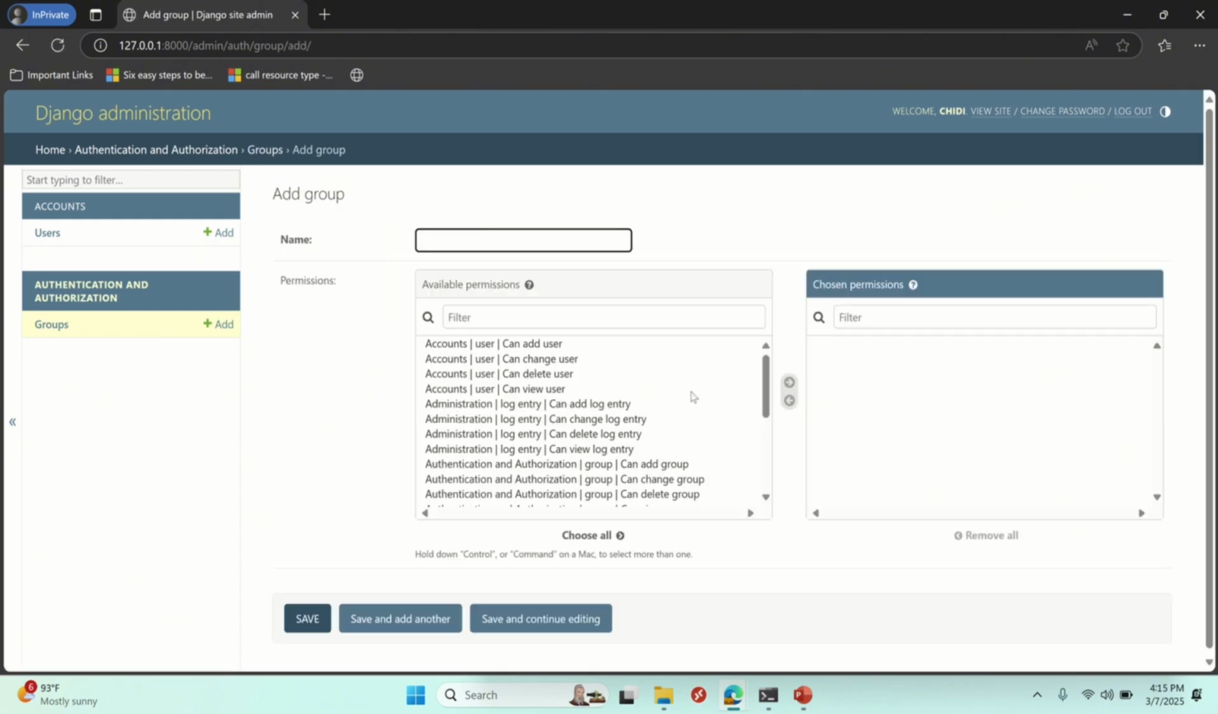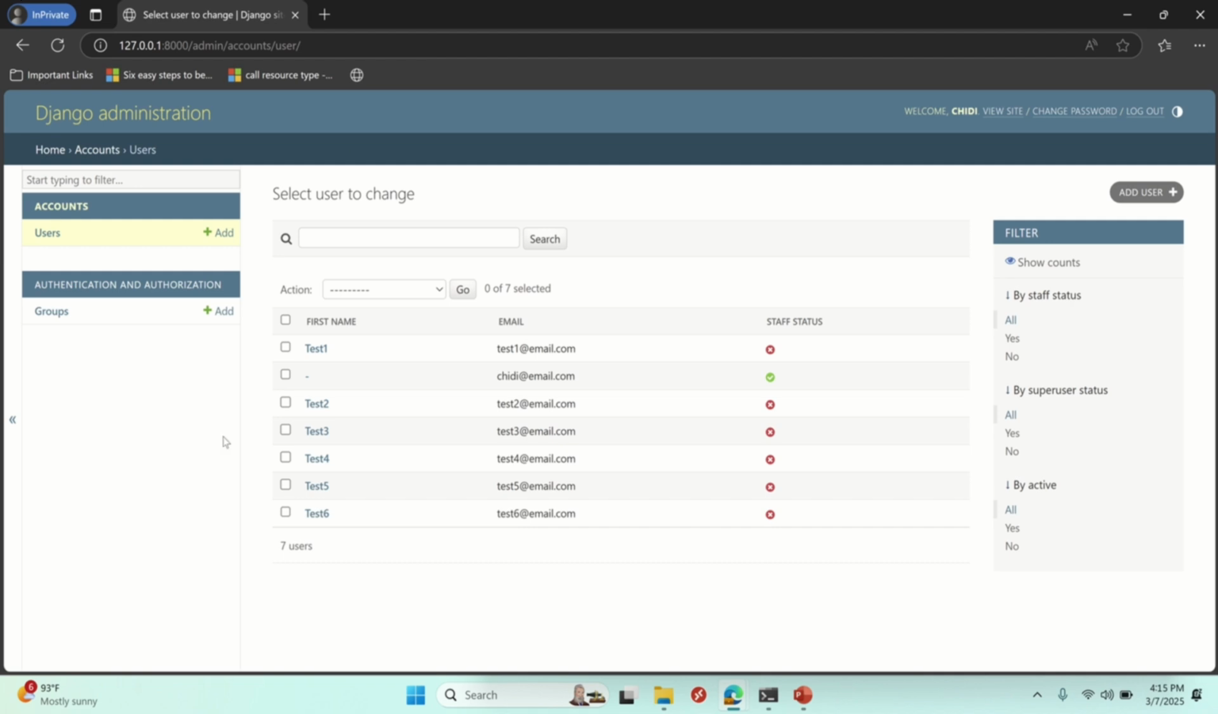But let me just show you how you can do so. I can also assign permissions to the group that I'm going to create. Once I assign permissions to the group, every user inside of that group will automatically inherit the permissions from that group. Good. Now I also have my user module here, and you can see all the users I have created whilst